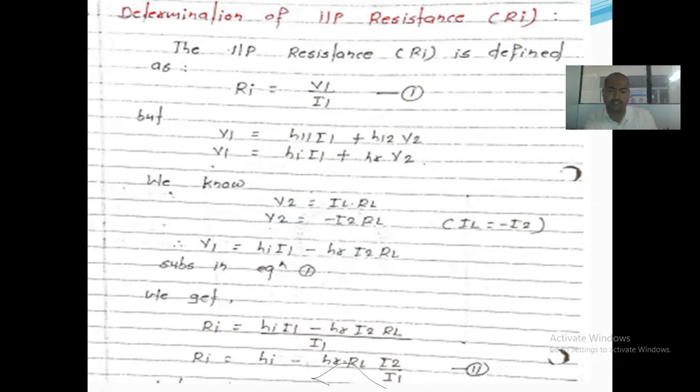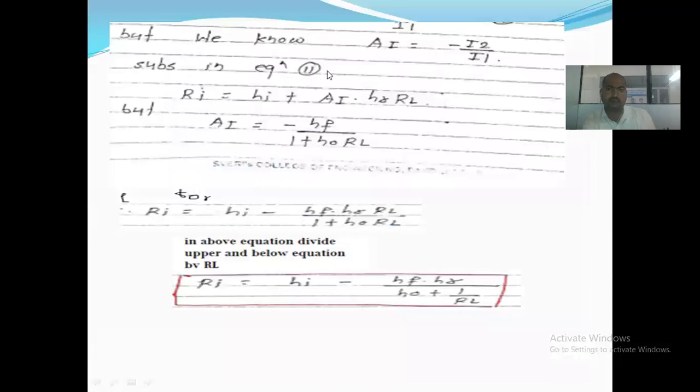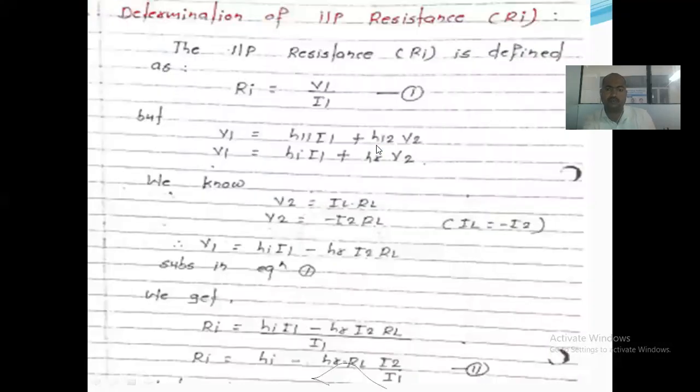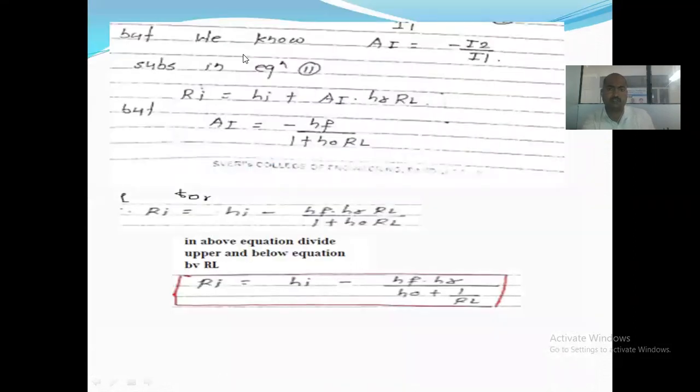Now see, for the same equation, we know that minus of I2 divided by I1 is nothing but the current gain, right? So minus of I2 by I1 we have put as AI. So HI plus HR into AI. See, HI plus AI into HR into RL. This is the thing for minus I2 by I1. HI, we have taken this AI, right? All other things as it is, right? Then here